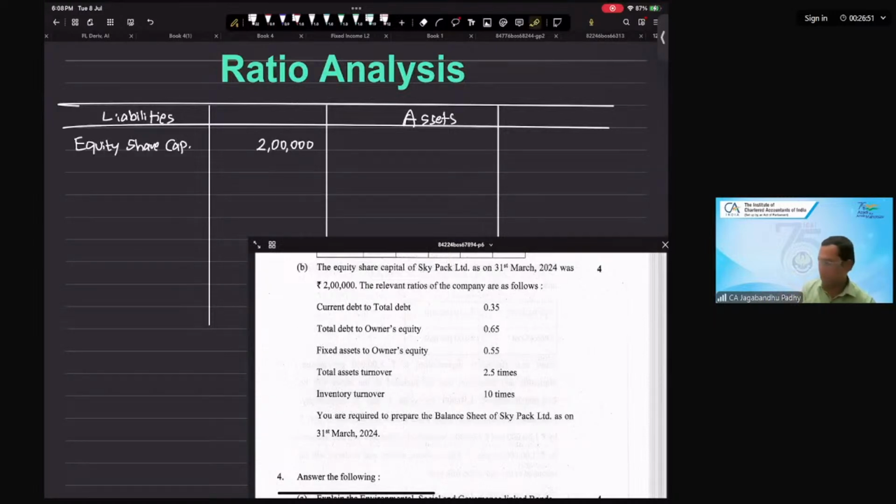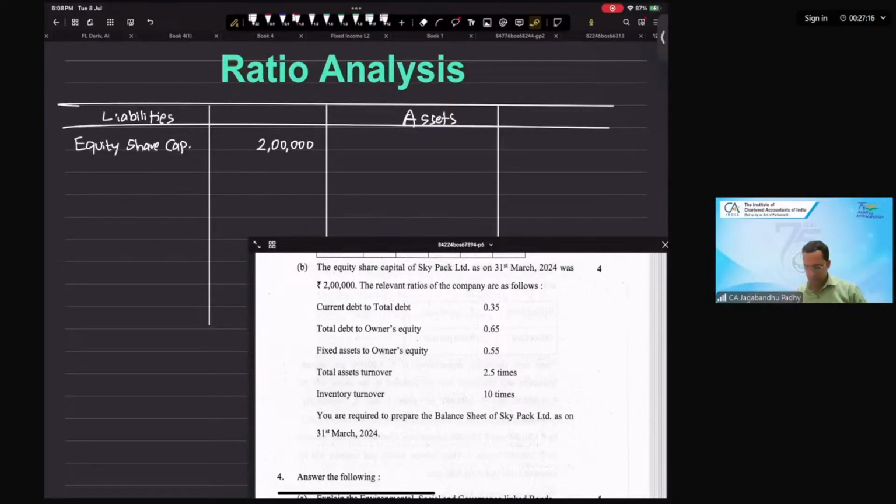Let's look at the ratios to identify what numbers we have. Current debt to total debt is 0.35. Total debt to owner's equity is 0.65. Fixed asset to owner's equity is 0.55. Total asset turnover is given. Inventory turnover is given. Right now, we have to prepare